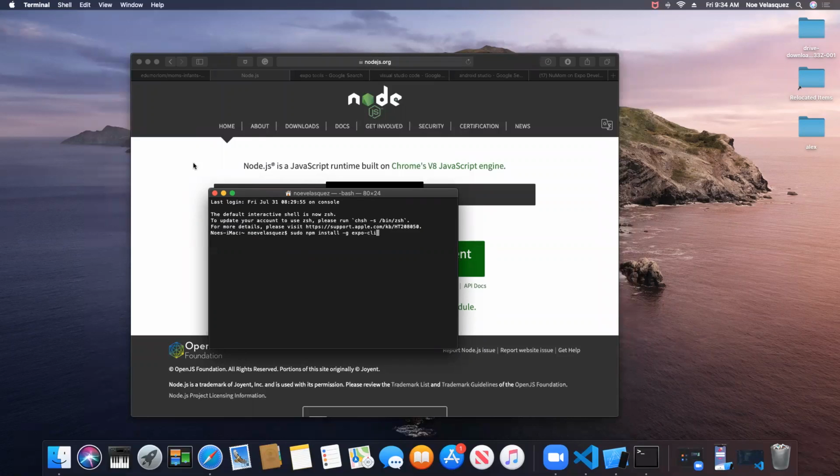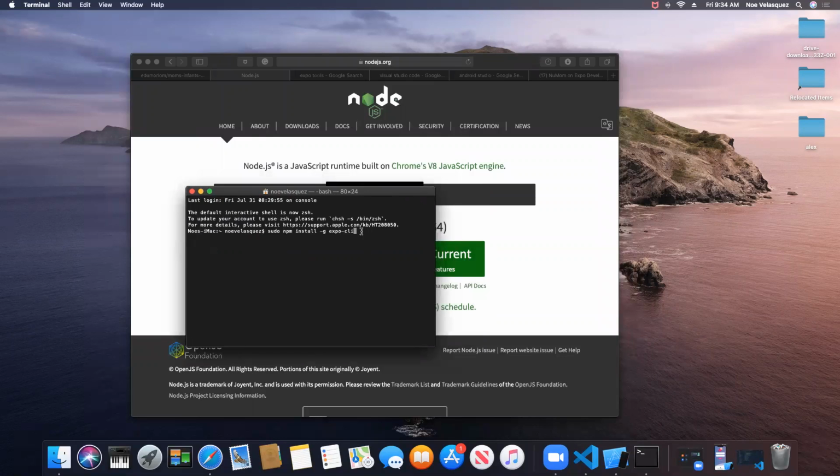This command will install the Expo command line tools. We need the Expo command line tools to run the application. So you press enter,